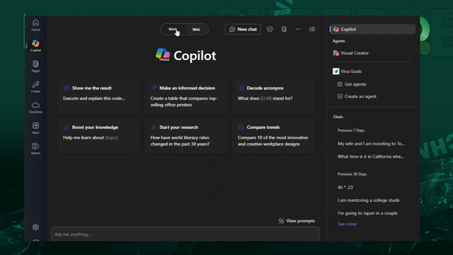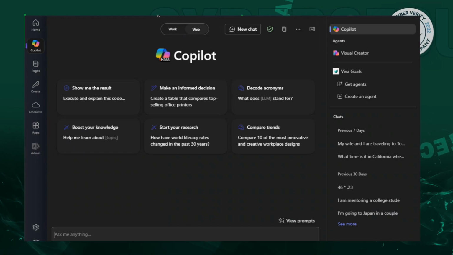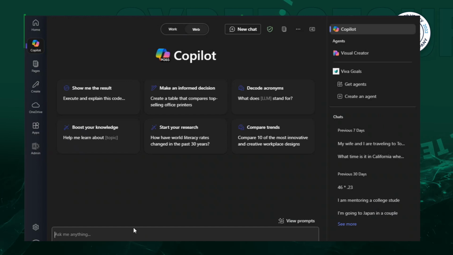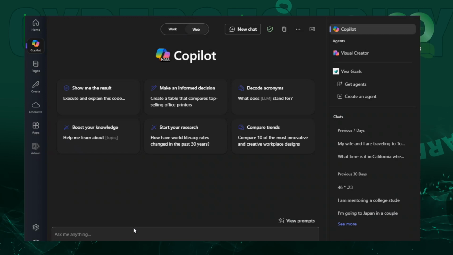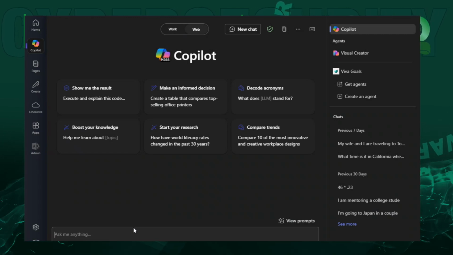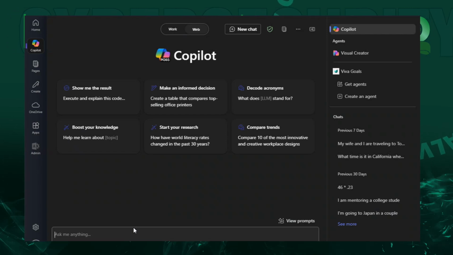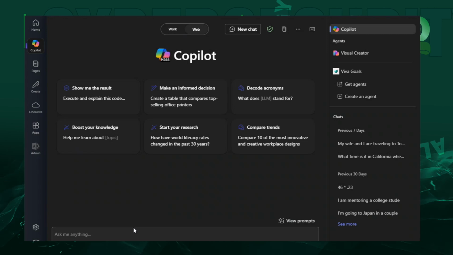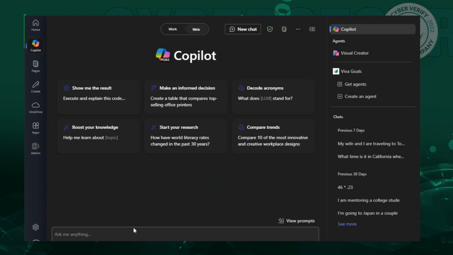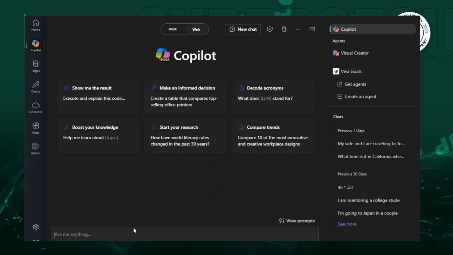So, what can you do with this sort of thing? Well, the key to using Copilot well is two things. First, treat it like a human being. Think of it as a brand new intern coming to work for you that is going to help you do your job, but it doesn't really know much about you or your business, so it has to learn about you. So the more you use it, the more interactive you become, the better it is at helping you do your job. So for example, I can ask it,